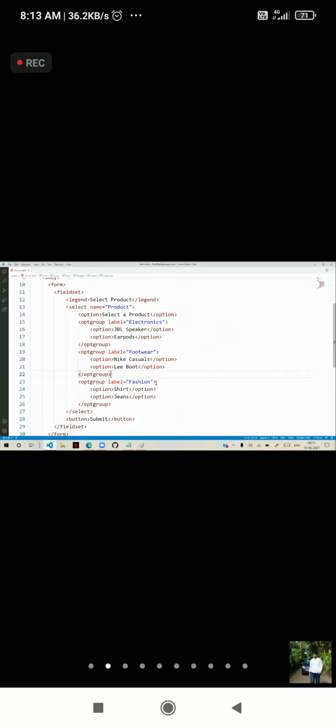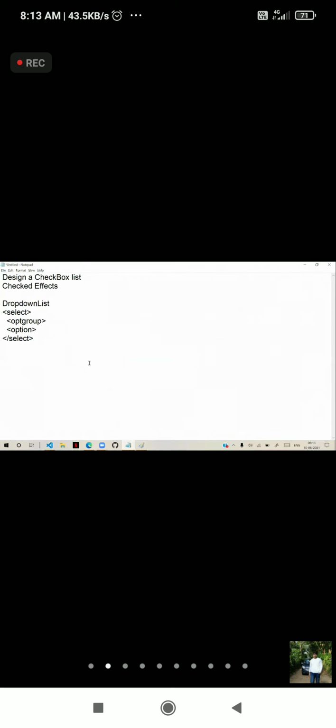And generally, every option has some attributes. So every option has an attribute value. That means what to submit as value. Because here you give the text for the option, by default it is submitting this text. If you want to submit something else, you can give it as value. Sometimes what you see is different, what you submit is different. Suppose generally you select a city and submit, but in the background they will submit the city related pin code. That is done by using options and values and configuring them.